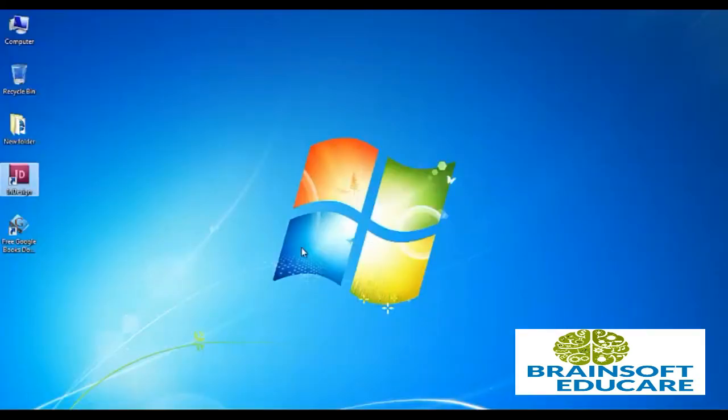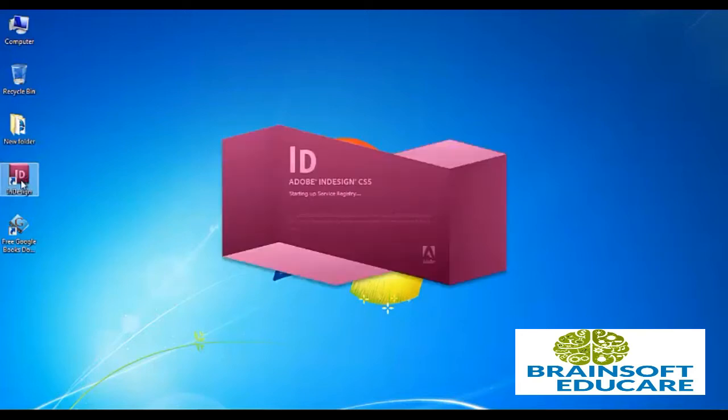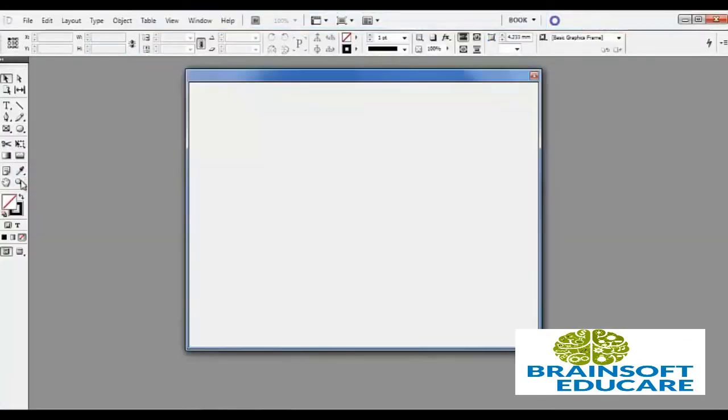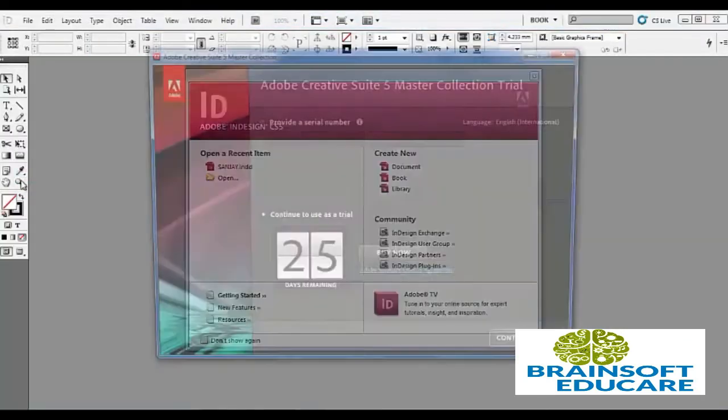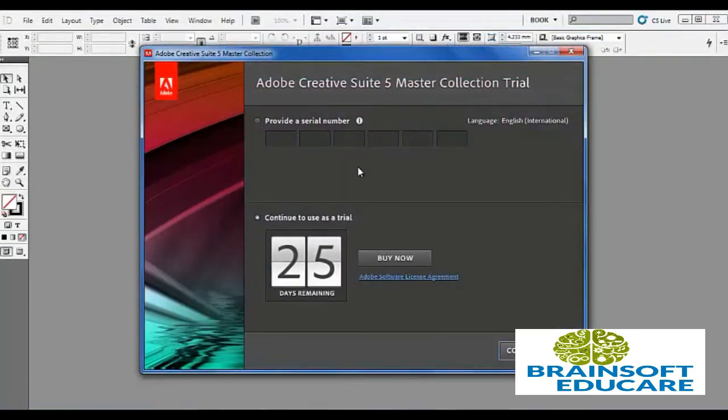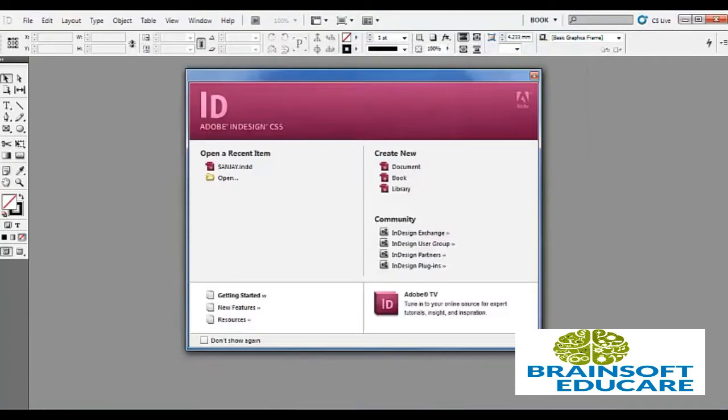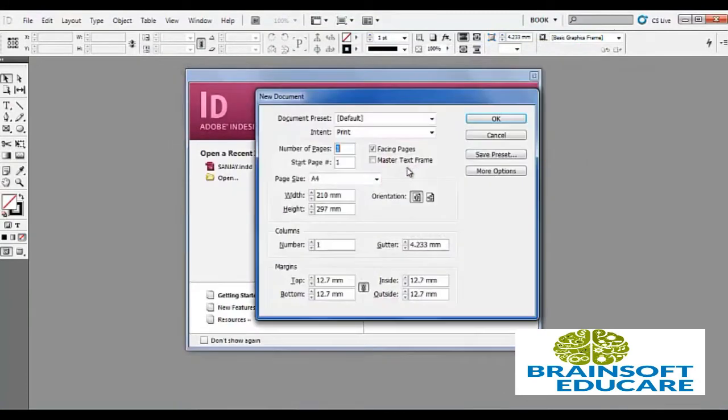Now open Adobe InDesign CS5. Here we are using the trial version, so click on continue trial. Then click on document and set up the page.